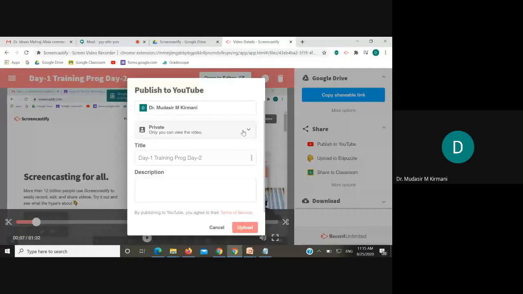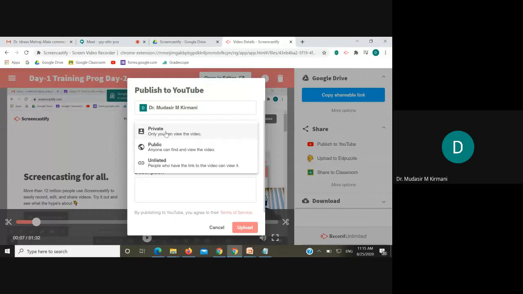If you can see over here, the option that is selected by default is private. There are two more options. One is private, one is public, and one is unlisted. Do remember over here, it's very important to understand what should be the content once we are recording a video. If you have copied the content from anywhere, if you put that in this public domain, and you have not referred to that content, anybody can ask how come you have put it in public domain without having the permission from the person who has provided you with the content.